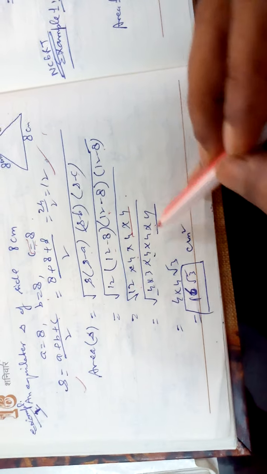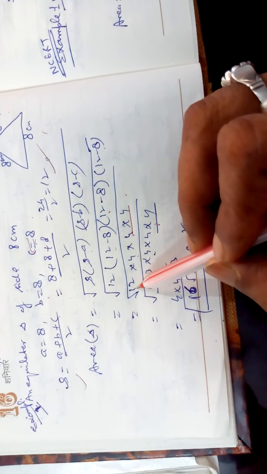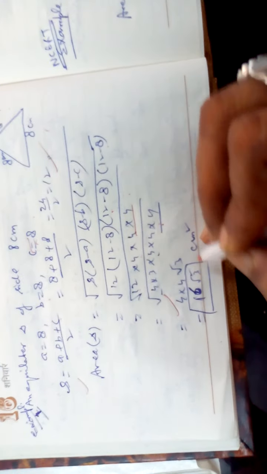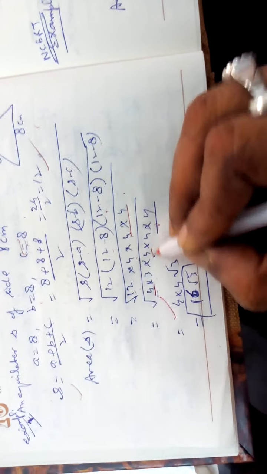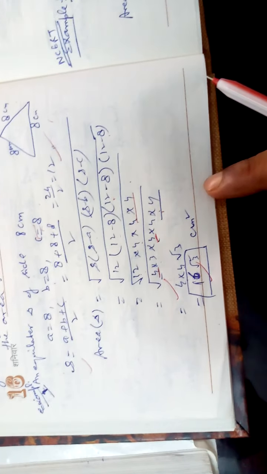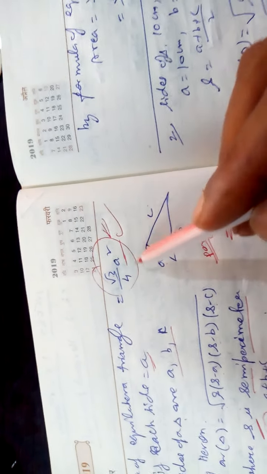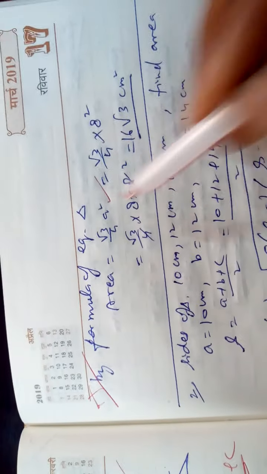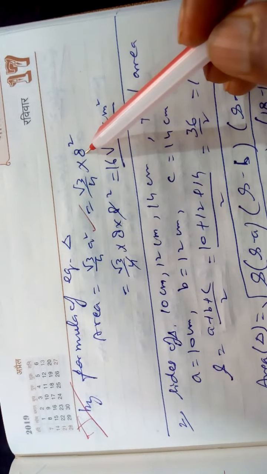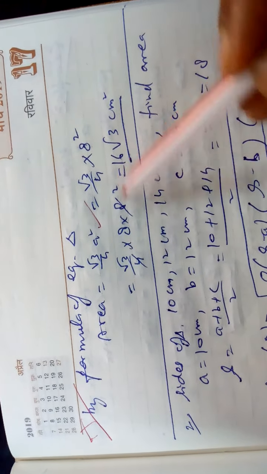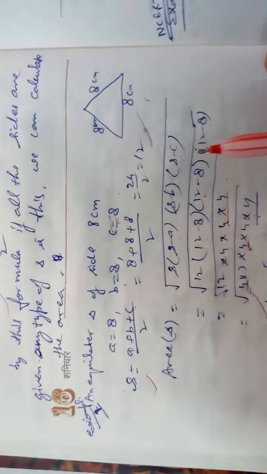Here I am not factorizing into prime factors 2 into 2 into 2, very lengthy. If you are getting 4 two times, then one 4 will come out. Here again one 4 will come out. 4 into 4 is 16 root 3 centimeter square is the area. But we know the area of an equilateral triangle is this. So in place of side, if you apply the alternate second method, the direct formula, then a is 8, square, 8 8s are 64, 4 2s are 8, 8 2s are 16, root 3. This and this both are the same. It is by Heron's and it is by direct.